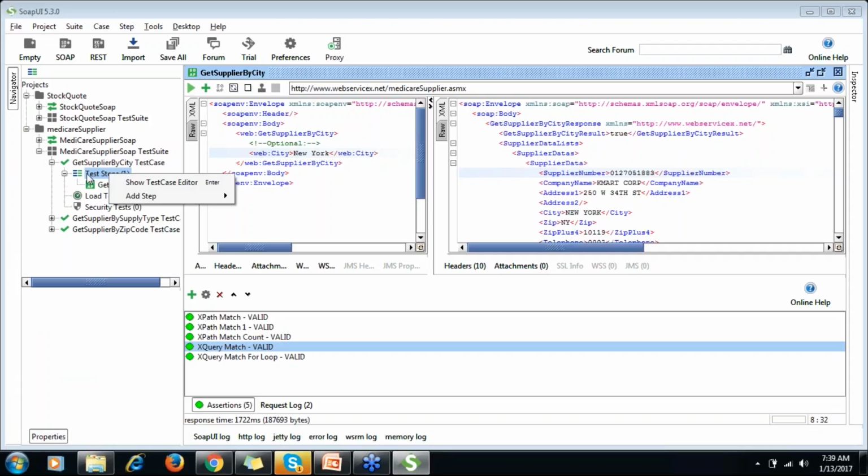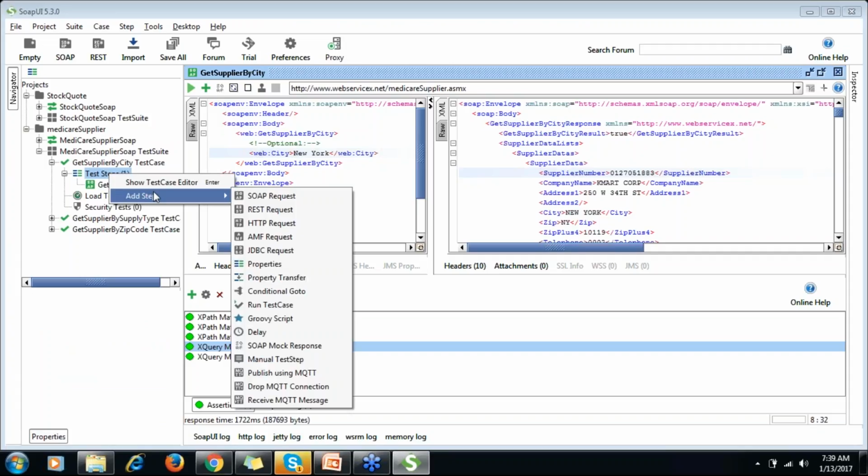Right click on this test step and it says add step. In add step you get a lot of things to add: SOAP request, REST request, JDBC, properties. We'll see properties and property transfer in coming sessions. And this is also very important, Groovy script. You can write your own code in Groovy and add it as a test step.